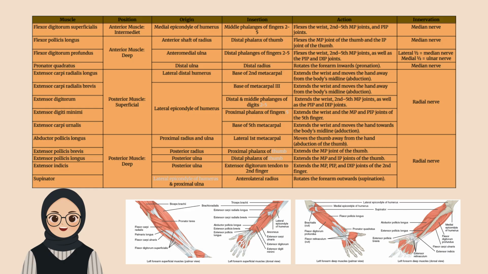And then the last, supinator muscle. The position is posterior muscle, deep. The origin is lateral epicondyle of humerus and proximal ulna. The insertion is anterolateral radius, and the action is rotates the forearm outwards, or supination, and the nerve is radial